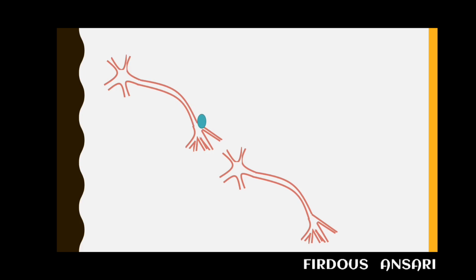See, whenever a neuron receives any kind of information, it will receive it at the dendrites. Next, from the dendrites, it will move to the cell body and finally to the axon and the axon terminal. Once that information moves to the axon terminal, whatever neurotransmitters are present on the axon terminal will move to the dendrites of the second successive neuron.